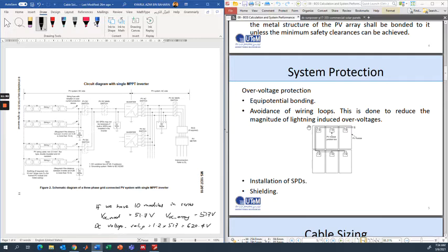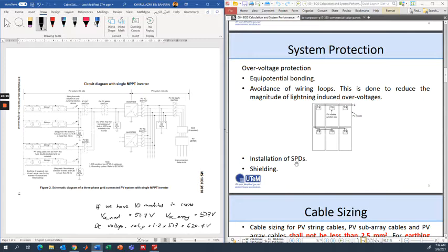To avoid lightning-induced voltages, we cannot have a large loop between the positive and negative cables because it will attract electromagnetic fields when there are lightning surges. So that's why the positive and negative cables are always installed side by side, as close to each other as possible, to avoid having a loop between them. Okay, and then installation of a surge protective device, and then shielding.